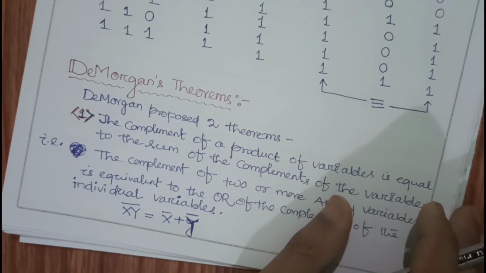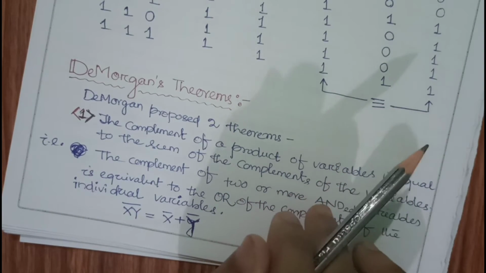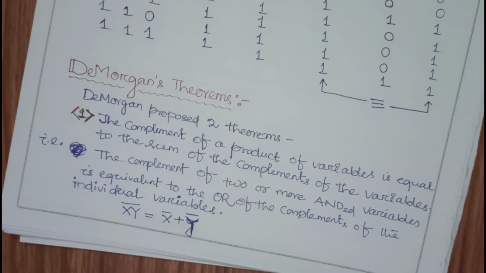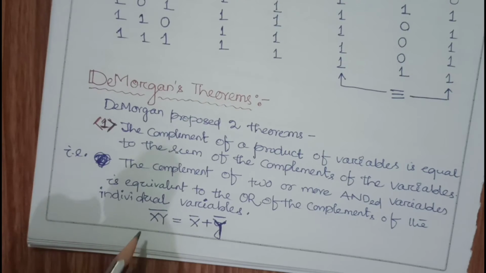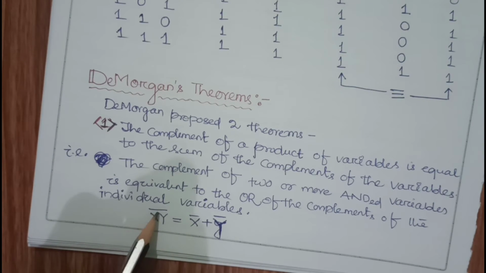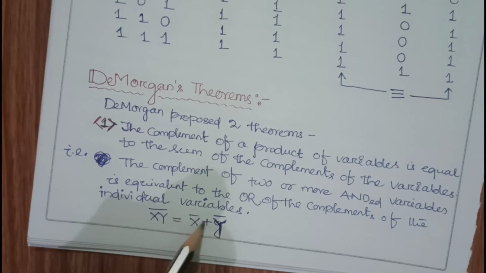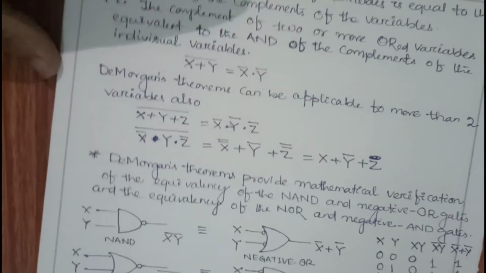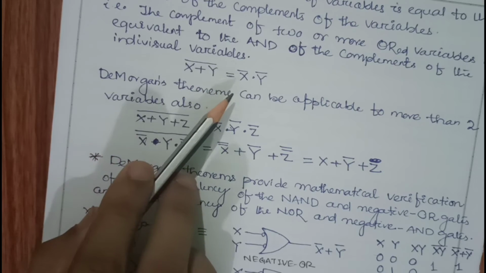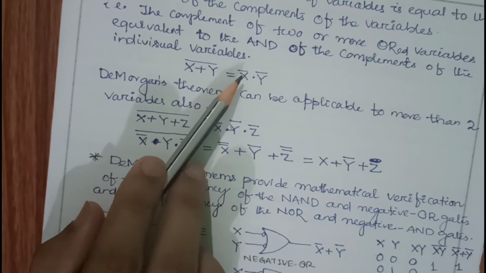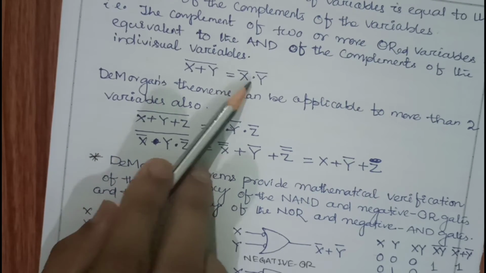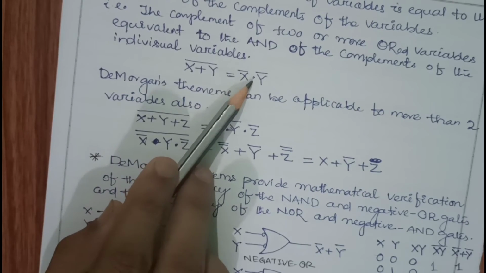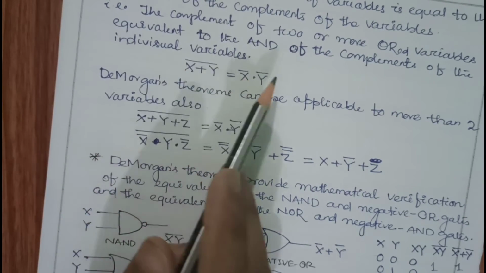Then there is De Morgan's theorem, which we discussed in the last two videos. Let me cover it quickly. De Morgan said that if you take the complement of two ANDed terms, that is the complement of each term and then they are ORed, meaning (x dot y) bar is nothing but x bar plus y bar. Similarly, if two terms are ORed and then we take the complement, that is the same as taking the complement of each individual term and then ANDing.